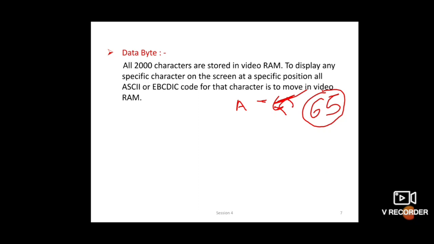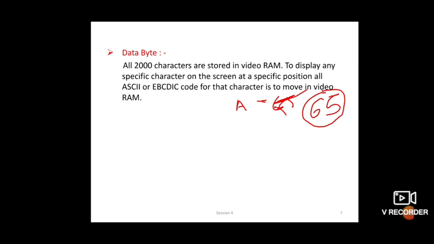Suppose you entered A, then the computer checks the ASCII value for that character, that is 65. Then the computer gets the binary value of 65, and that is displayed on screen.